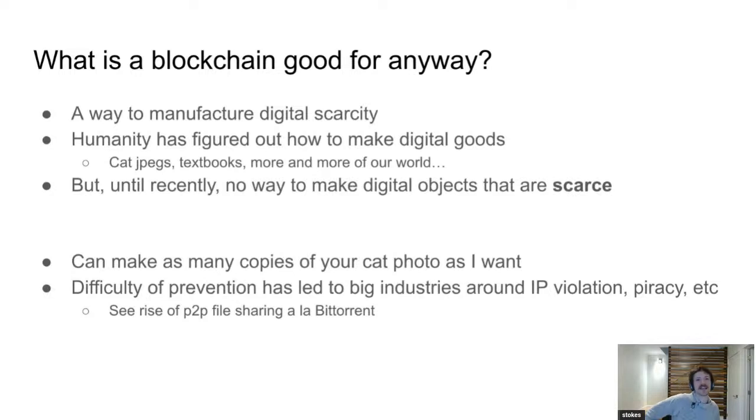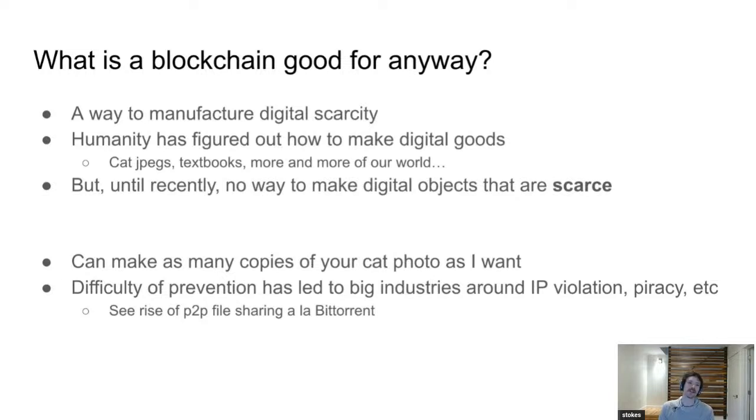It turns out that having this notion of scarcity in the physical world, there's a lot we can do with it to create a lot of value, at the bottom line. So the question then is how can we do this in this digital realm that's kind of taken over all of our lives and is only becoming more and more important as we go.